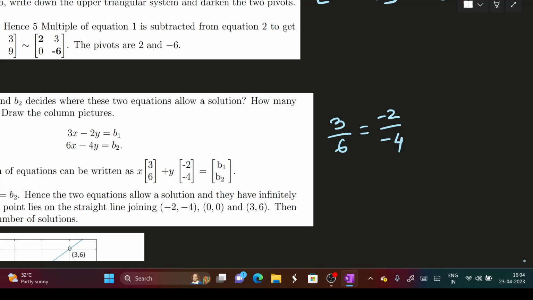Once it is singular, to have a solution, the RHS vector's components should also satisfy the same condition. That is this relation. So here b2 should be twice b1 to have a solution of this system of equations. So the condition is b2 should be twice b1. Next,